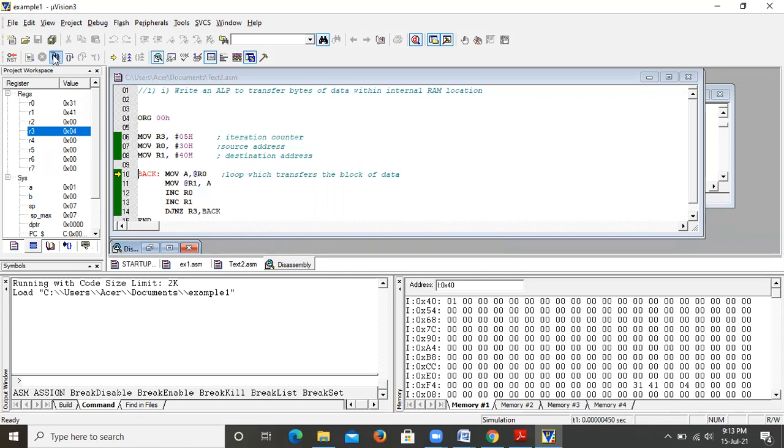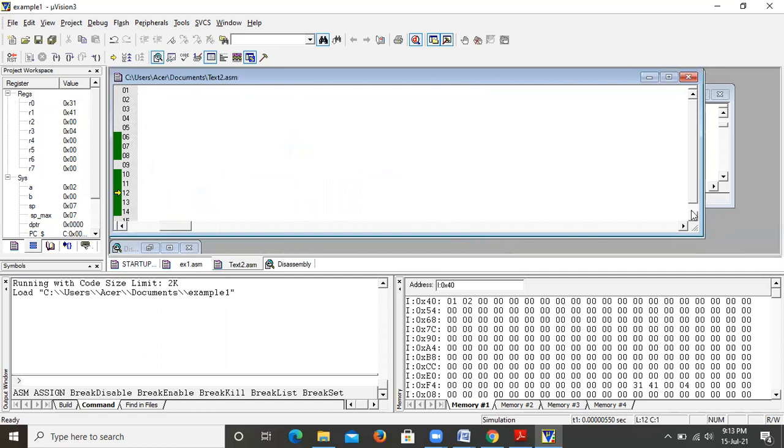Okay. Next. Again the loop, move A, @R0. What is the value at R0 now? It is 02. So A is loaded with 02. Next step, the value of A is transferred to 41. So you can observe here the 41 value is changed to 02. Okay. So similarly,